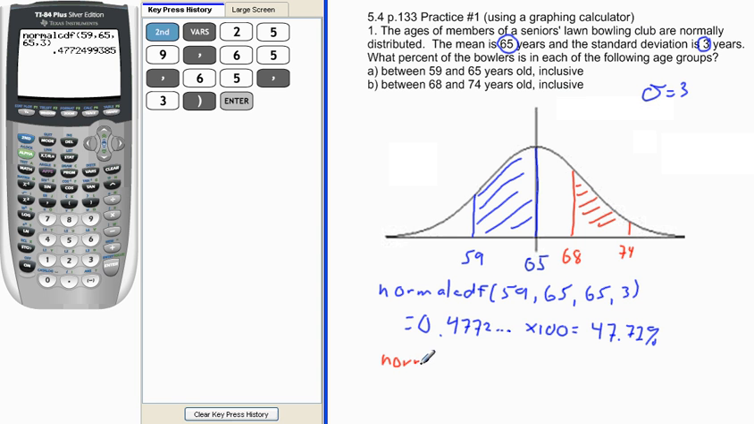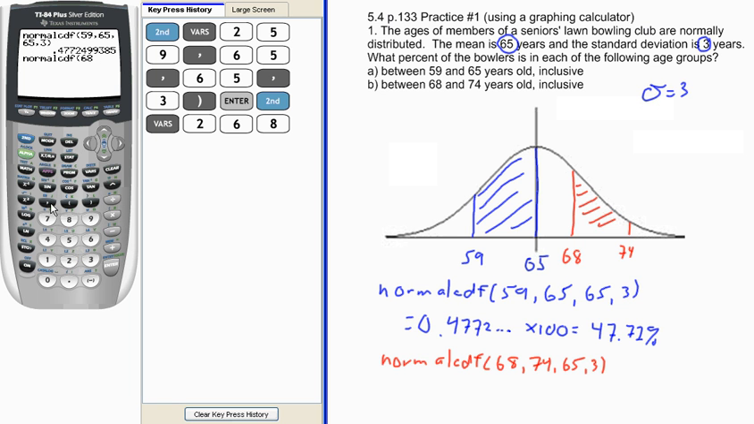So we'll take normal CDF of our left bound, which is now 68, comma the right bound, which is 74, comma the mean, which is still 65, and the standard deviation, which is still 3. So if we plug that in again, so second distribution, number 2, then we'll plug in our left bound of 68, comma our right bound of 74, comma our mean of 65, comma our standard deviation of 3, enter,